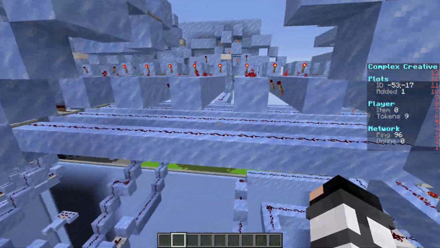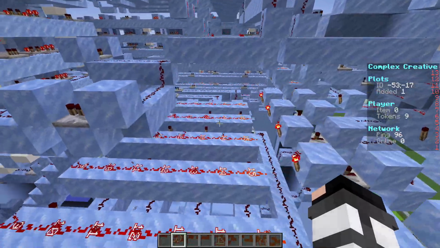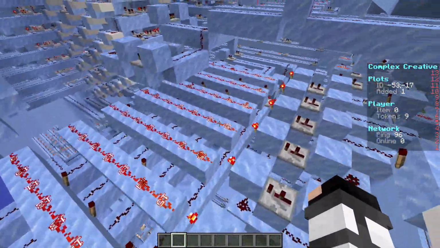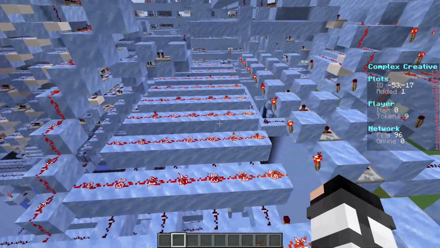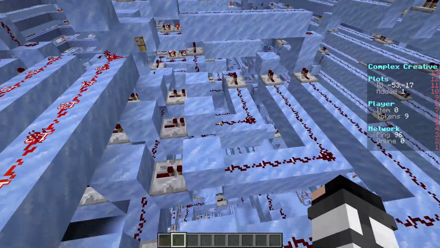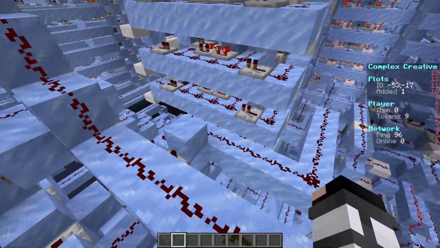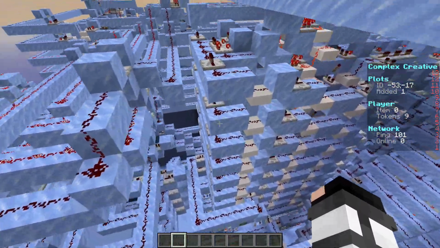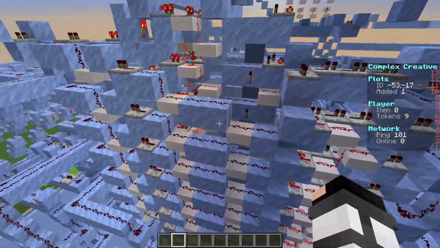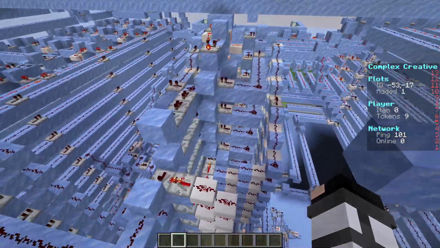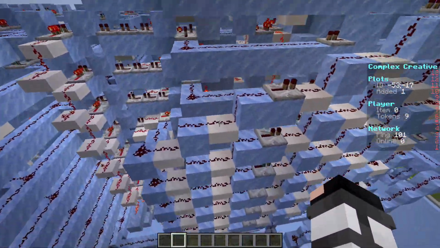So the input for this calculator is done by using ROM, similar to the new one, except the ROM leads into a BCD to binary converter. BCD stands for binary coded decimal, which is a way of representing decimal numbers using 4-bit binary numbers for each digit. We do this because we're able to input one number at a time, and as you input a single number and you input the next one, it multiplies the previous number by 10 and adds the new one to it. So, for example, if you input a 1 and then you want to input a 5 after that,